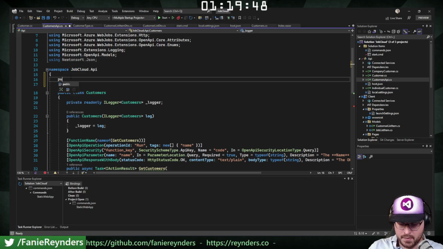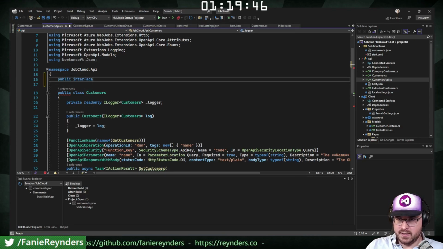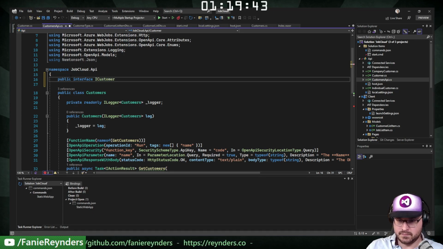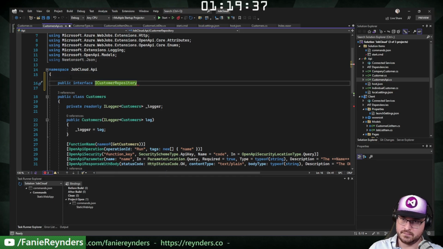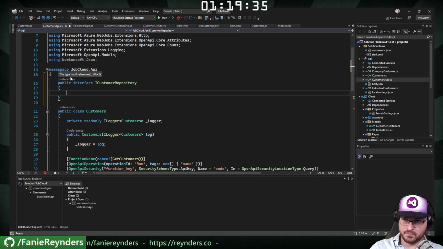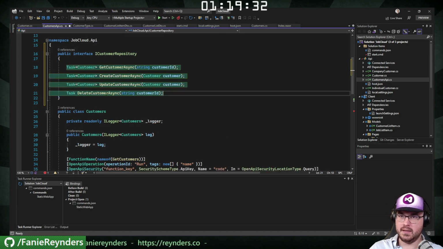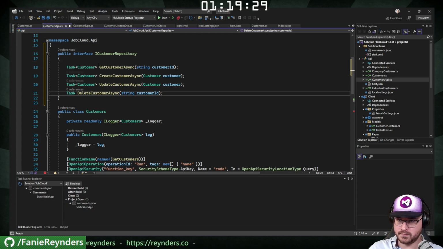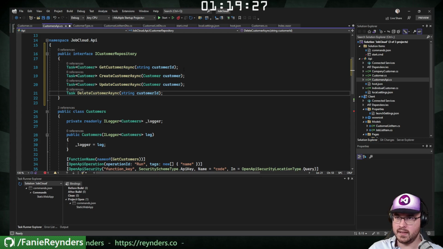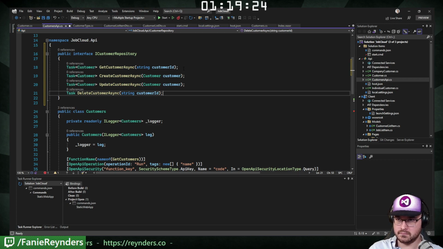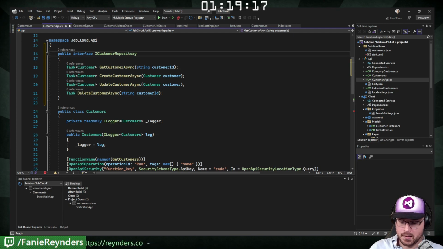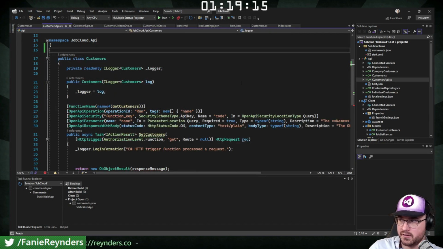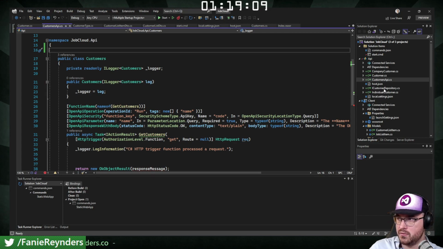So public interface customer repository. Hopefully it will generate something for me. There we go. Let's do that. Customer ID. That's fine for now. I think I'm going to keep it. But I'm actually going to be moving it into a separate file, right? So control dot. And moving it into this whole customer repo file. Yeah,